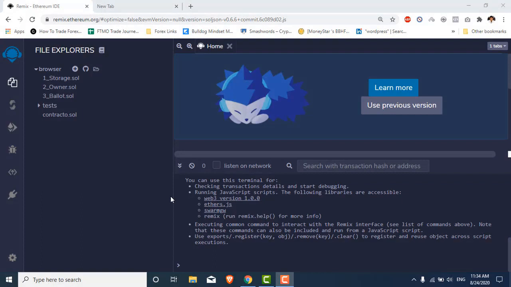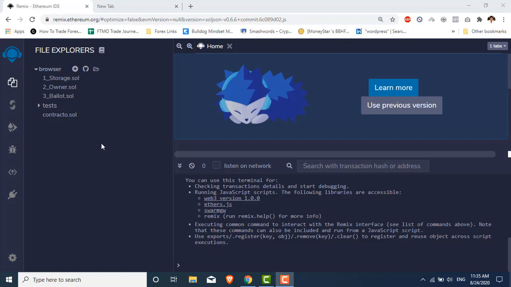So guys, now we are going to create our first smart contract, a simple one, and we are going to use Solidity. It is a language which is very similar to JavaScript, and it is used to create contracts. And here I am using the web-based Remix Ethereum IDE. There is also an option to download it for desktop, but we are going to do it online through the web IDE.